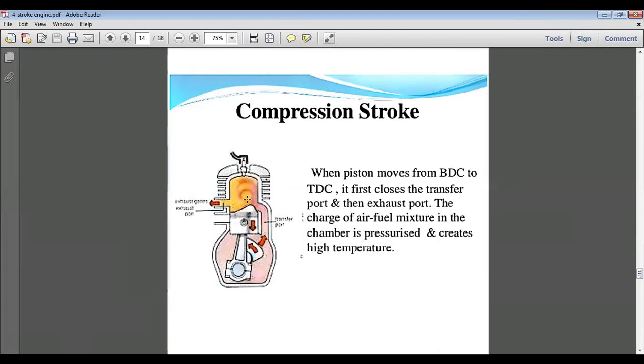When the piston moves up, this exhaust port is automatically closed. So there are no extra intake or exhaust valves in the case of the 2-stroke engine. These are opened and closed as per the movement of the piston. As the piston moves up or down, the ports automatically open or close. The piston itself comes in front of them.